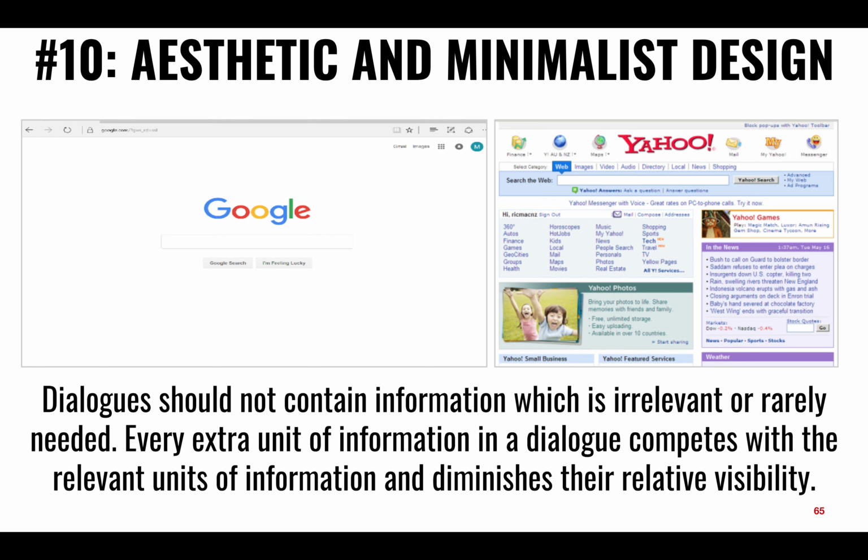Where Google has an alternative, very minimalistic approach, where perhaps they just want you to type something there. Now, obviously, there might be a happy medium between the two. Perhaps the very first time you went to Google, you didn't know what it is that you want me to type in there, right? So Google being Google today, yes, it can get away with just giving you a search bar, but perhaps at the beginning, we would like, what is it that you want me to type in here, right?